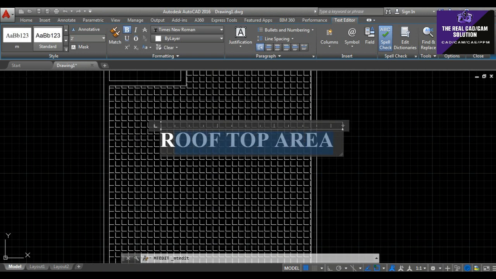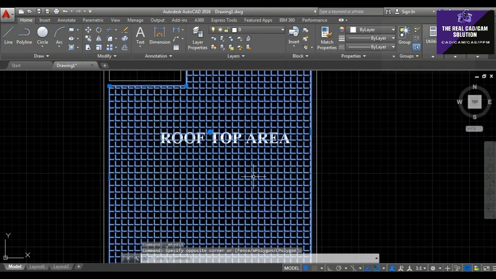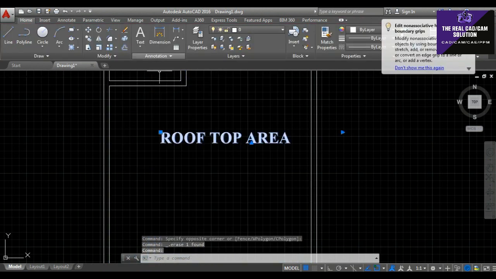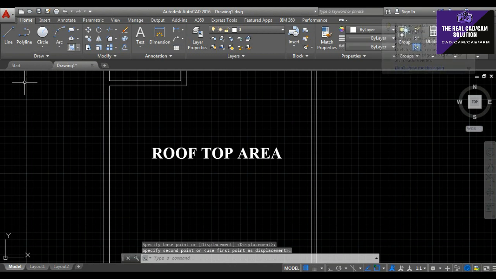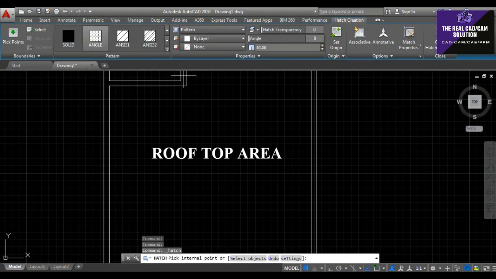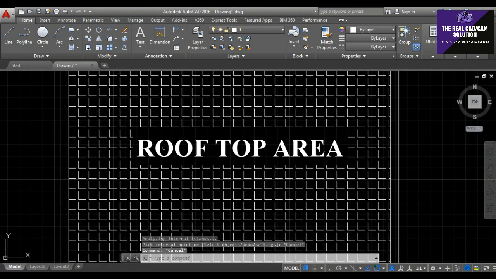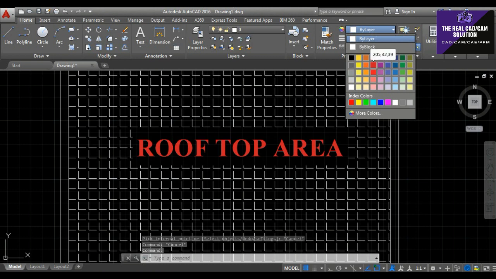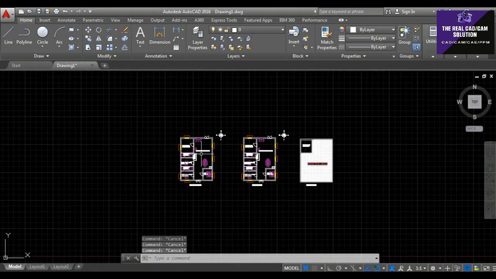Before you put the text and place it like this, the hatch comes to the outside of the text. I just change like this. First of all, delete this. Okay, I just move it to the center of the rooftop and go to the hatch, then present it here. Okay, it just comes like this. It's really impressive. And go to change the color. Nice, very nice.